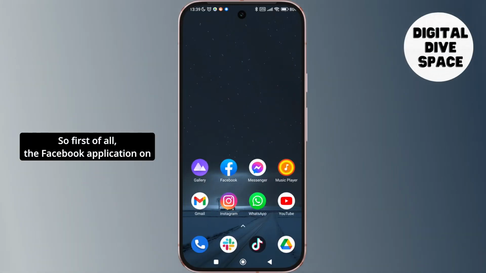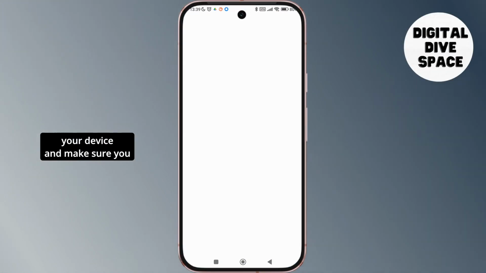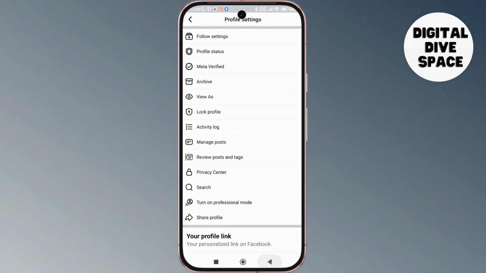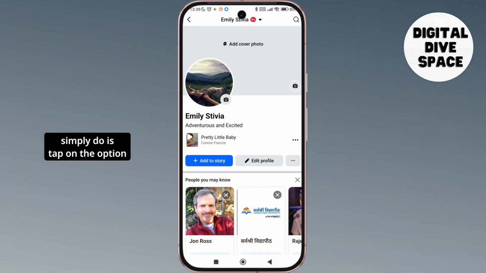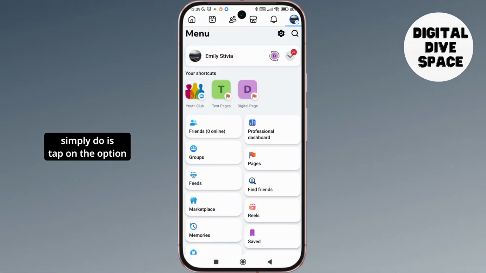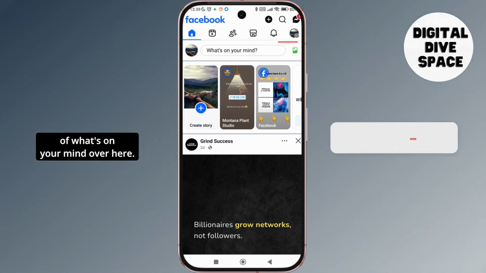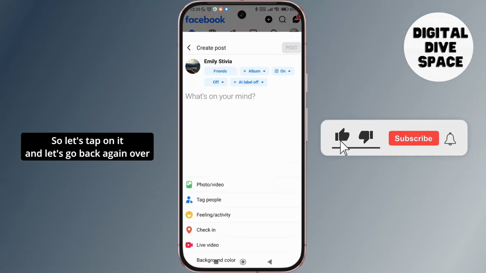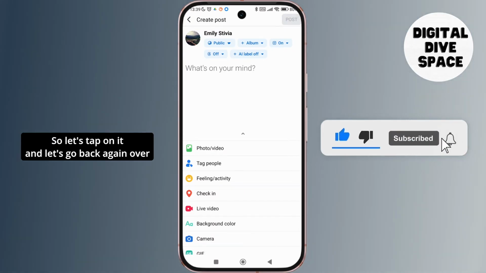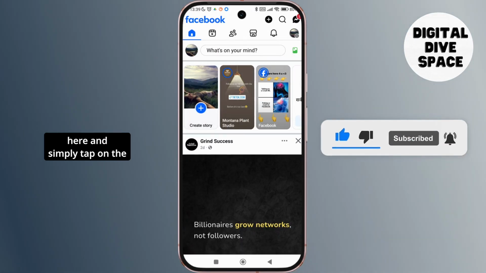So first of all, launch the Facebook application on your device and make sure you are logged into your account. Now as you're logged into your account, what you can simply do is tap on the option of what's on your mind over here. So let's tap on it and let's go back again over here and simply tap on